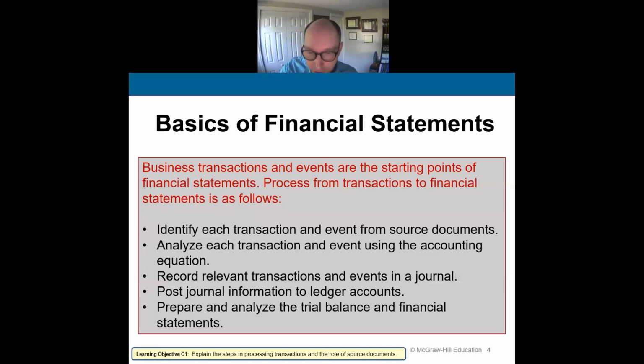Now there's a lot of transactions that happen in business. Think of something like Macy's, right? They have a thousand transactions a minute at least. It's a huge company. They got a lot of stores. There's a lot of transactions every minute. Or think of Amazon. They probably have a million transactions every second, right? So the idea is we need to record these transactions somewhere, and we do that in this thing called a